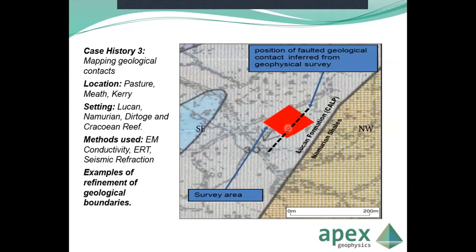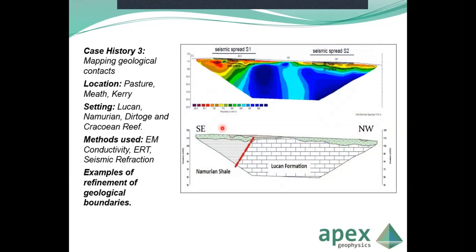a northwest southeast direction. And you can see there's the contact here to the southeast, the Lucan Formation faulted against Namurian shales. And the example here is one of those southeast northwest profiles recorded, and you can see the low resistivity at the southeastern end, and the higher resistivity to the northwest. And so one of the advantages of doing a couple of methods, in this case we've seismic